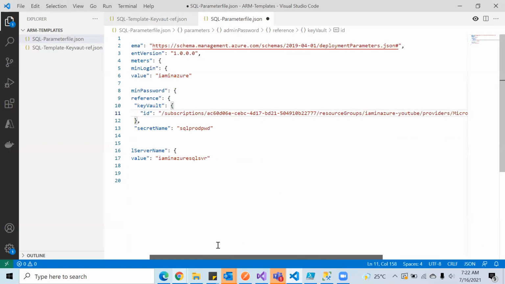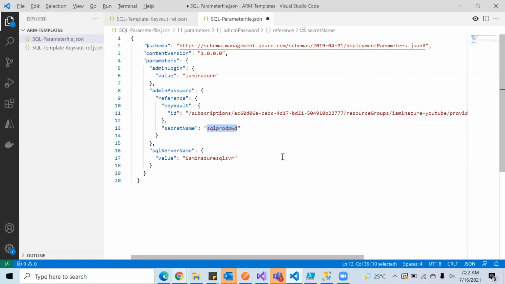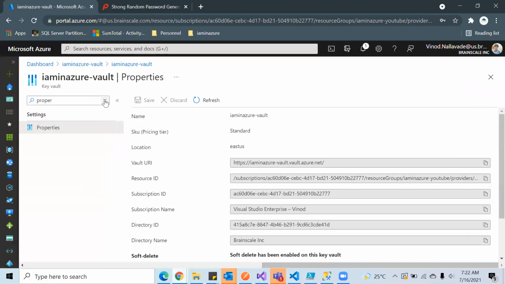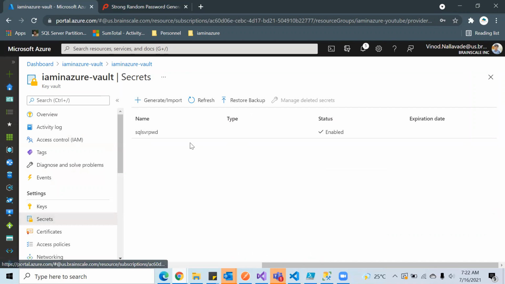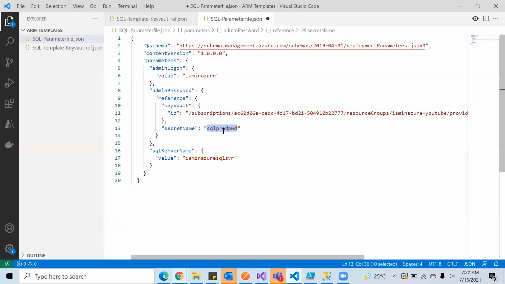That's all. And you need to give the secret name as well. So my secret name is SQL Server password, so it's SQL Server PWD. So this is the password, and the login name is I am in Azure.